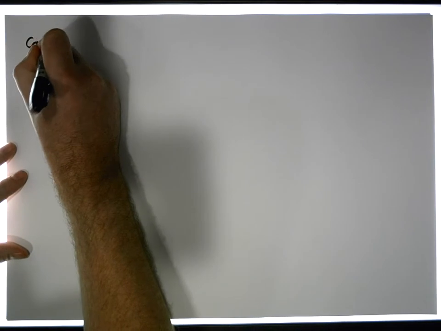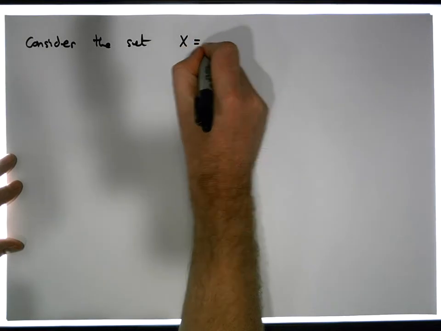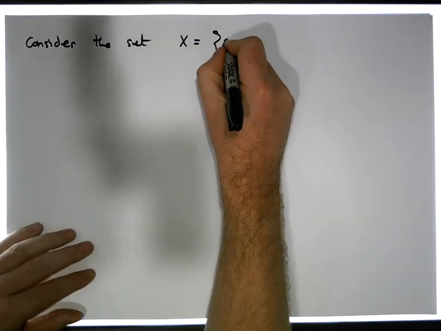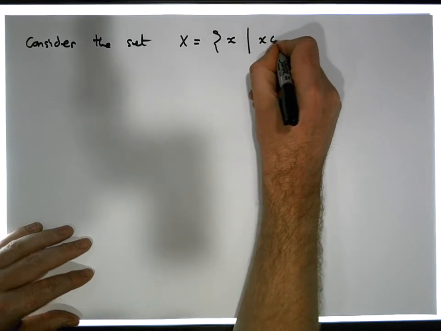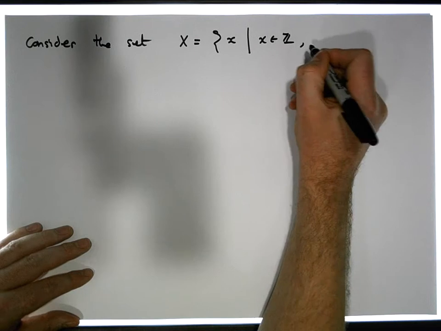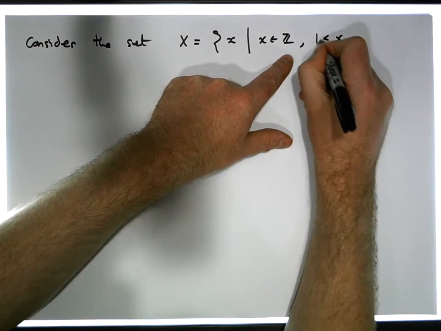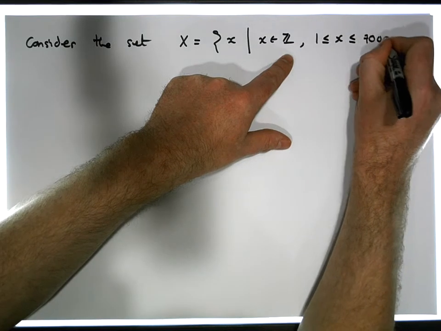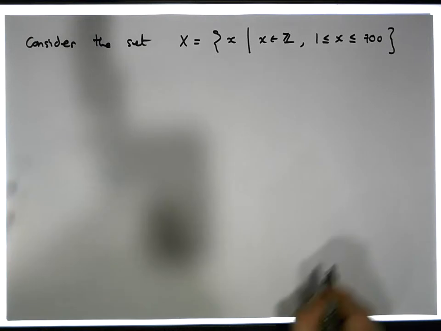Okay, so let's say we have a set. So consider the set. Let's say the set is X. That's equal to the set of X's such that X is an element of the integers. And also, for argument's sake, X is bigger than or equal to 1 and less than or equal to 700. Okay, this example I've sort of taken from Hunter's text, Essentials of Discrete Mathematics. And the question that Hunter has asked is this: